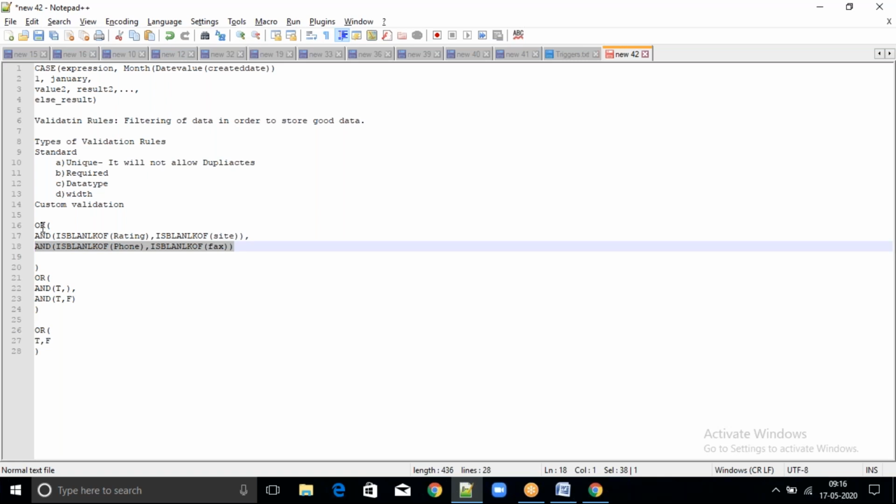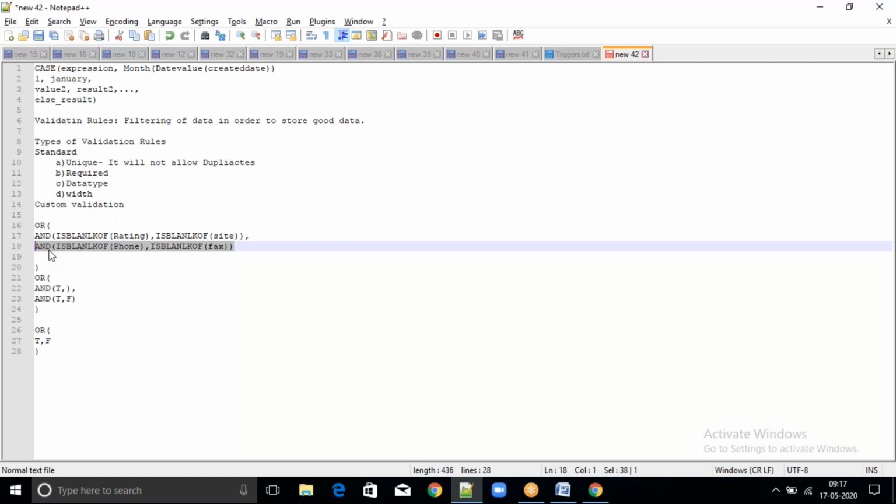Then you have to use like this, or inside or two ands. Like this, you have to practice more conditions. Are you getting what is this scenario? So try to work with small formulas. Small validations. Then day by day you have to increase one condition like this. You have to practice more.